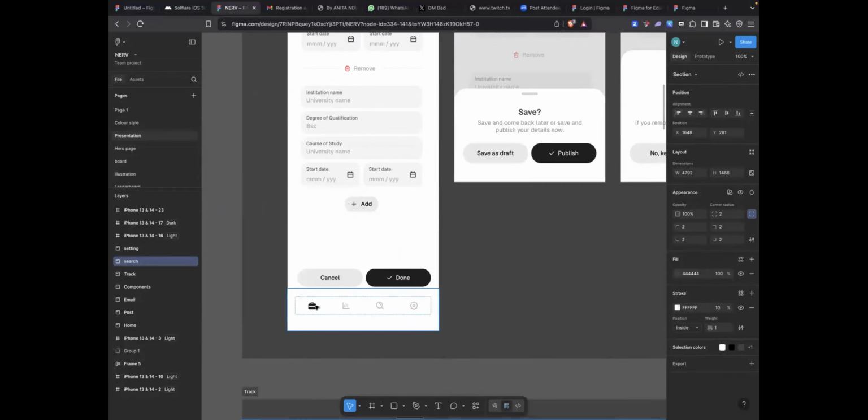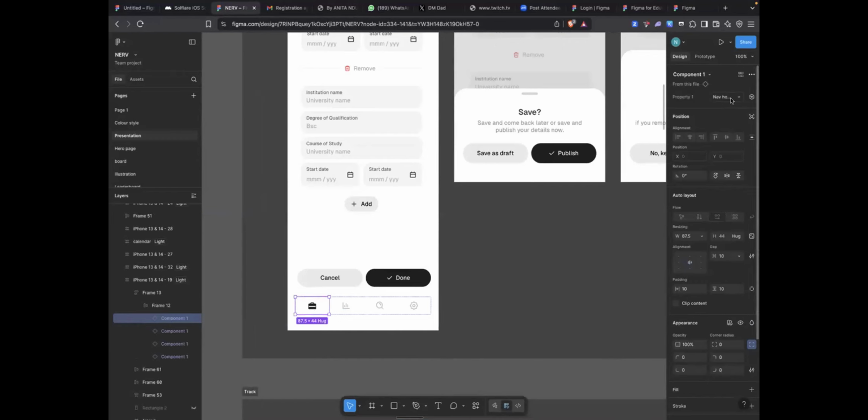So I can easily change here rather than designing again. This is the active state of home. I can do inactive, yeah, inactive. I don't need to come and start looking for icons again, because I've already placed the components. There's no need for me to look for the icons, going back and forth again. So that's one of the easiest things about using components.